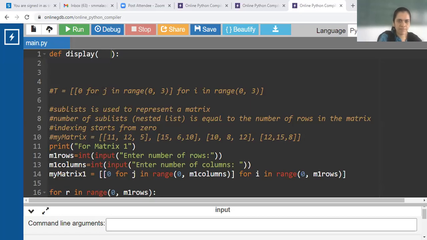So display, and I'll pass my matrix 1, and similarly for the second matrix, which matrix will I pass? Matrix 2.